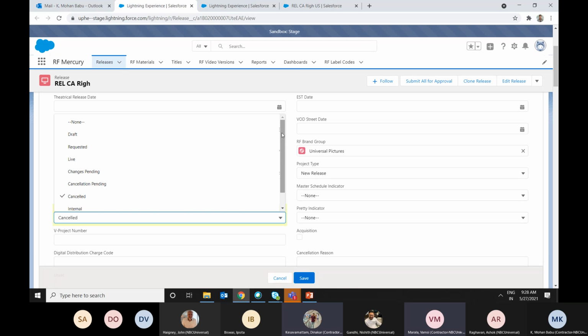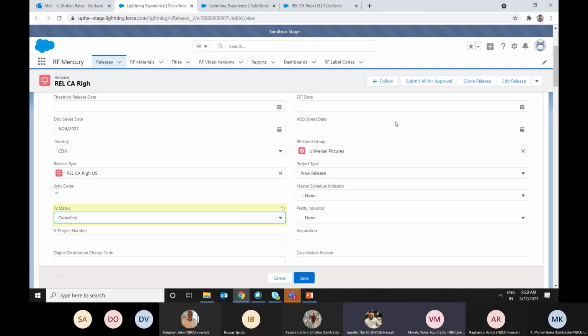Okay. So the release save logics are written both in the Aura component of the edit release and in the trigger as well, right? Yes, right. Yeah, go ahead, Mohan. Nishit, you will get a clarification once we start discussing the submit all for approval. Actually, that's a big topic: submit all for approval and partial submit. You will get all that clarity there. Let Mohan complete this one. We can discuss that.